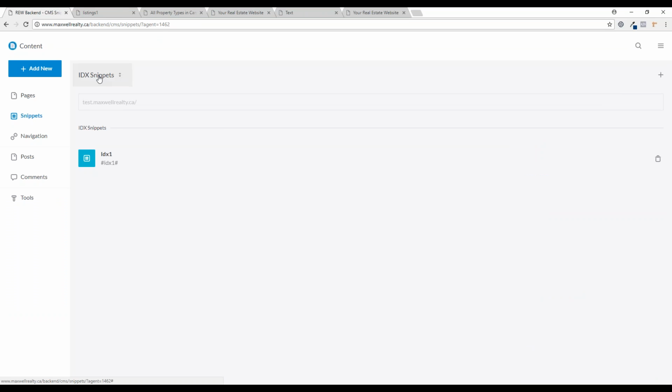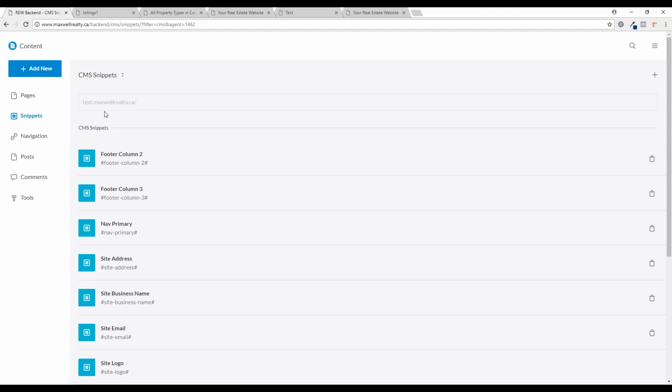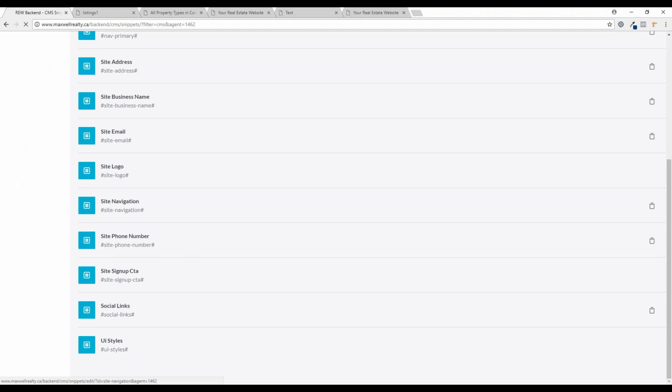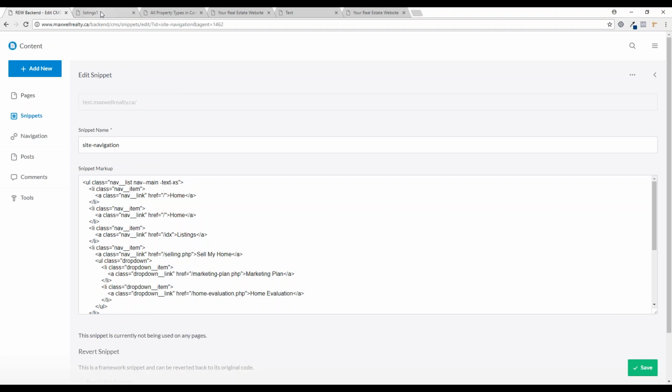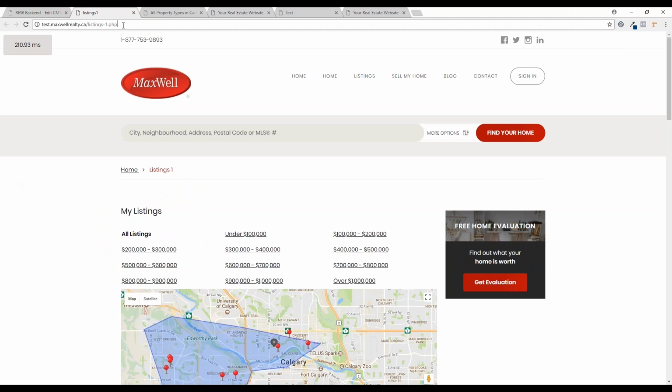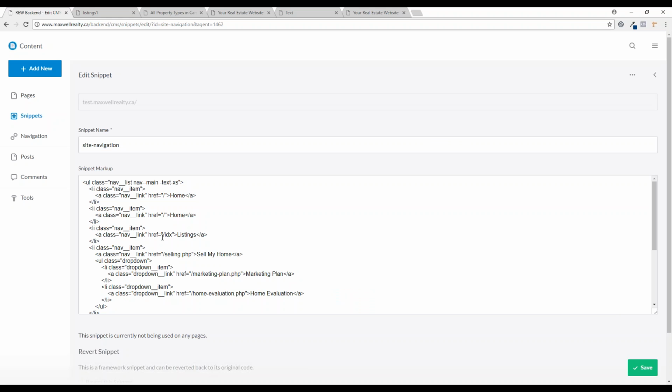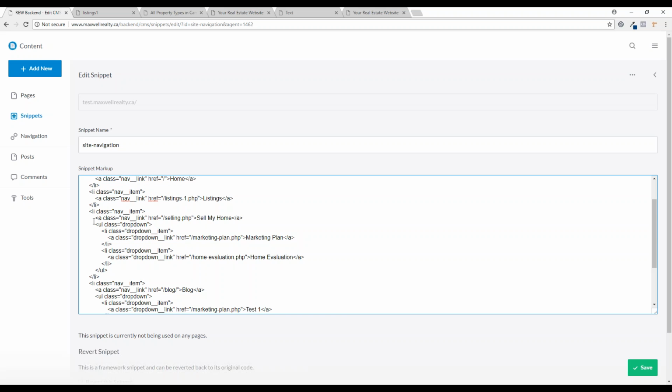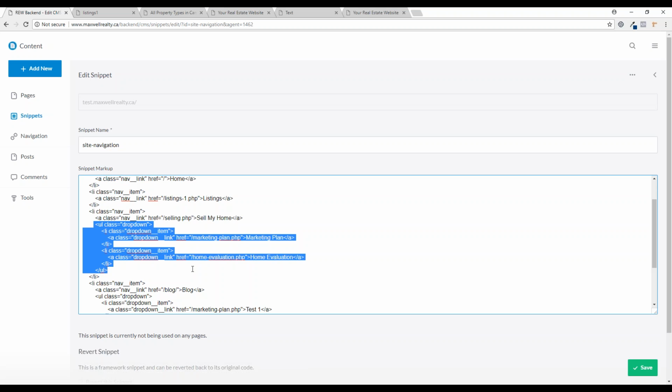If we go to snippets, and we go to CMS snippets, and we go to site navigation. Now, keep in mind, the page I gave this was listings-1.php. So we go in here, and you have two options. You can either make it so when you click listings, this goes to that page there. So we can go /listings-1.php,